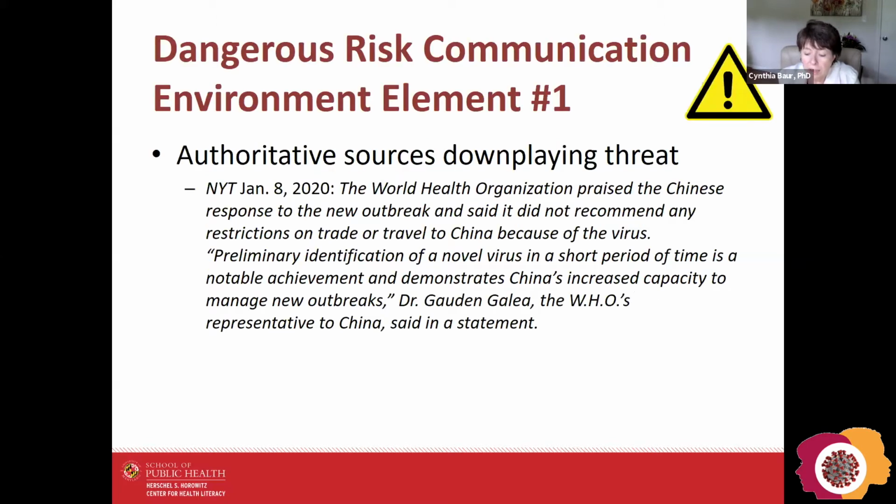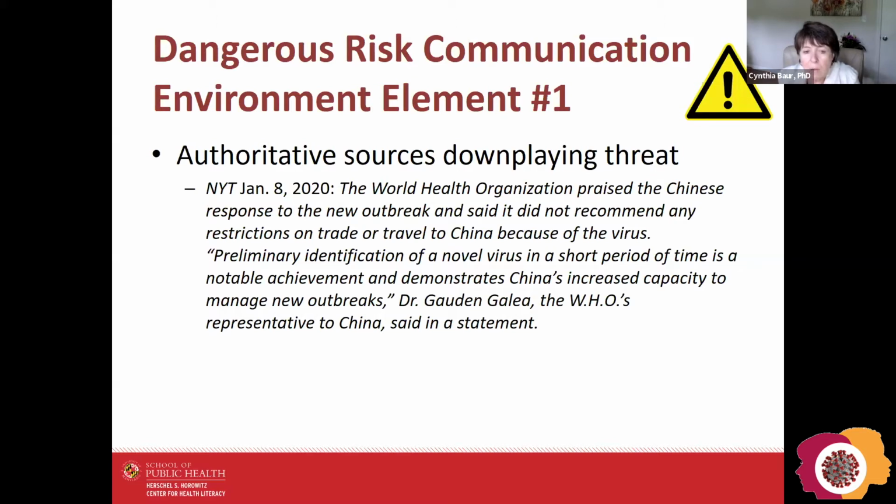So I want to look at some things that have really contributed to making this what I think of as a dangerous risk communication environment. I'm going to look at a number of elements here before we talk about the risk communication framework. So in thinking about how to organize the talk today,